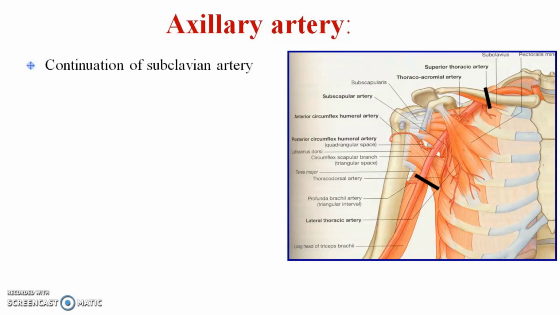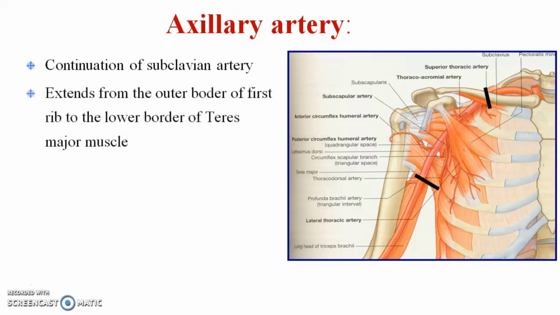From the arch of aorta we get the subclavian artery on the left side, and on the right side we have the right brachiocephalic artery. From the right brachiocephalic artery arises the right subclavian artery. I will explain all this to you in a separate slide. Now you just remember, the subclavian artery is the artery which is going to continue as the axillary artery, and this axillary